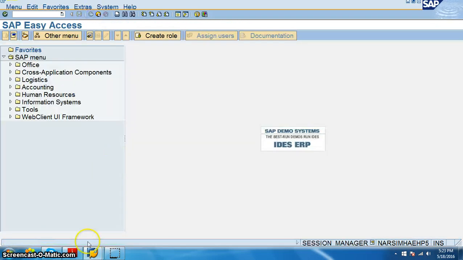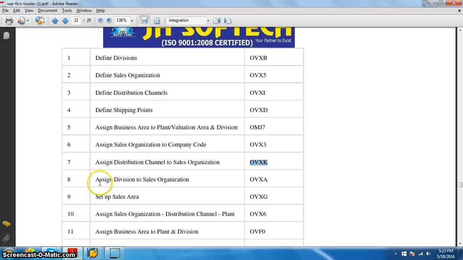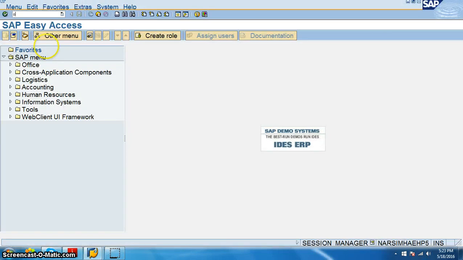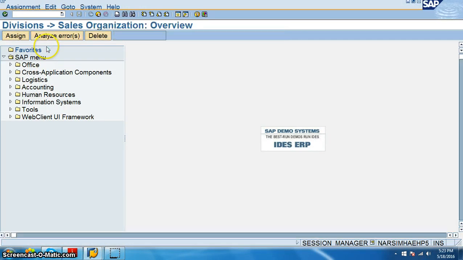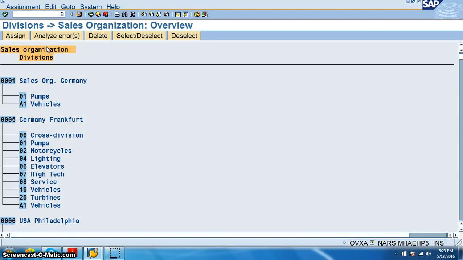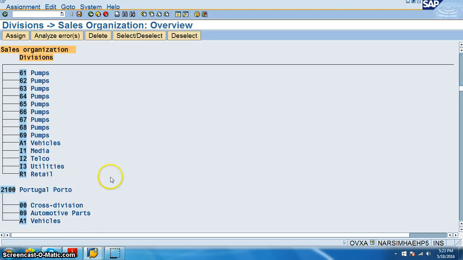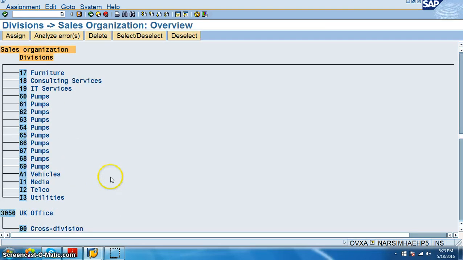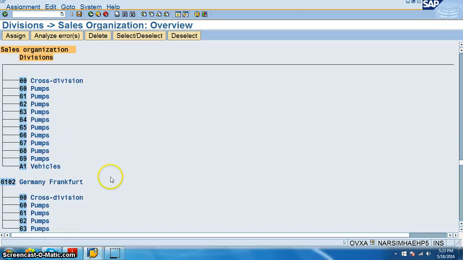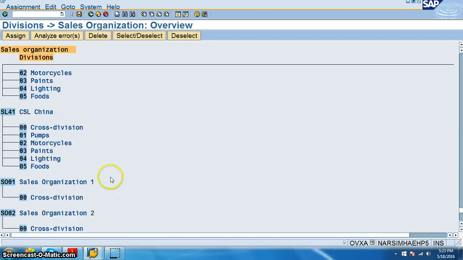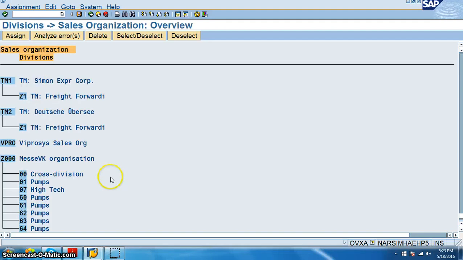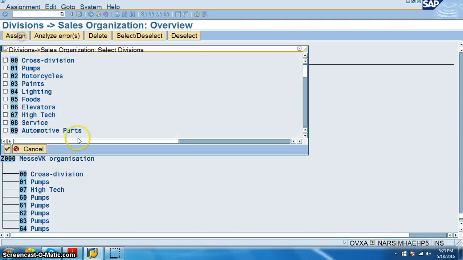Okay, back, and then assign division to sales organization, OVXA. In this we again choose the VPRO here. This is our VPRO. Select this, assign. We can select a lot of sales organizations here.